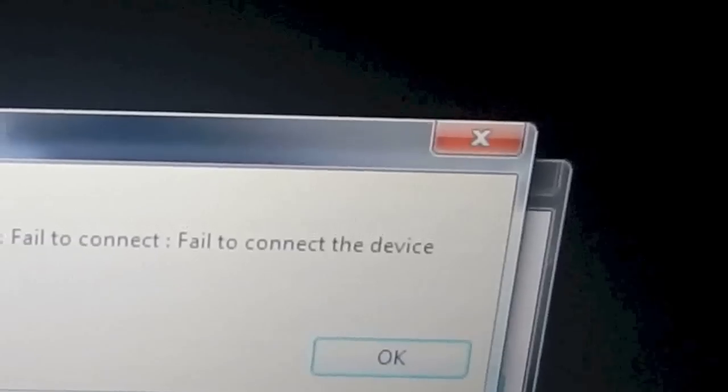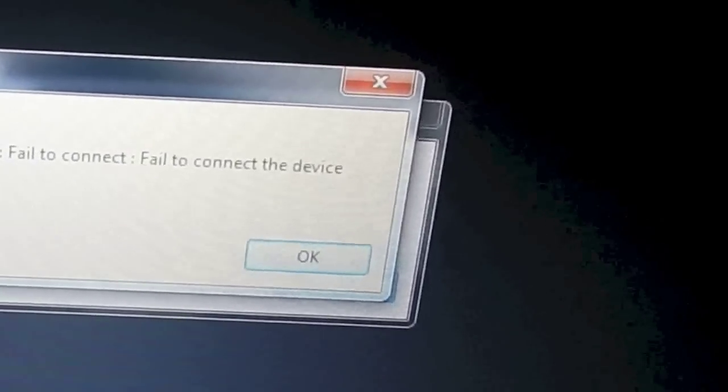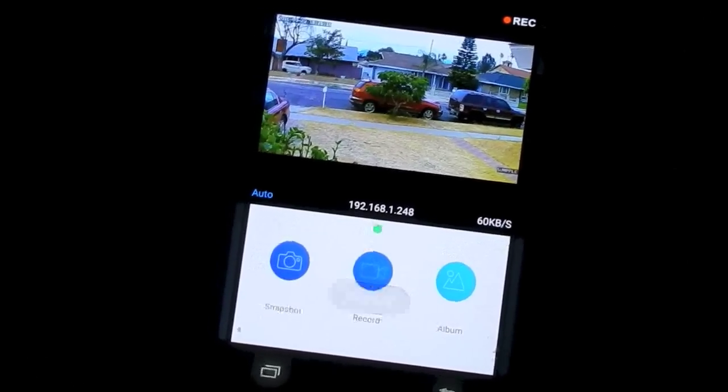My only problem with this camera is that it does not record to a DVR because it is designed to record to mobile devices. We tried to record the screen on my Mac, but would get this green screen glitch constantly. The company showed us how to record on a Windows PC, but we would often get this error message and the recording would stop. So we missed our stalker on April 1st and the 14th. We didn't have enough gigs to record on our phones, so